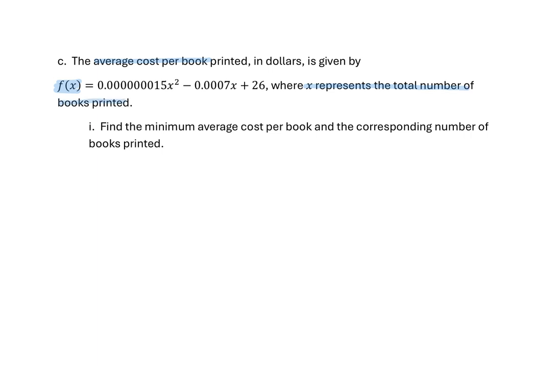All right, we want to find the minimum average cost per book, and we want to find the corresponding number of books printed. Okay, so again, we have that word minimum. So this is just a problem of find the vertex. All right, in order to find the vertex, we're going to go x equals minus negative